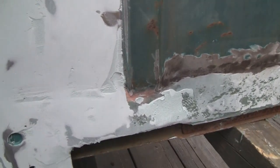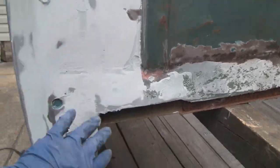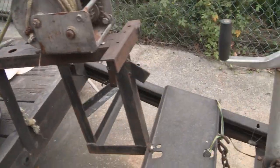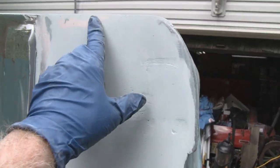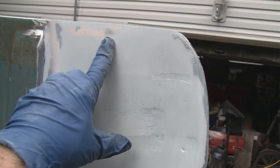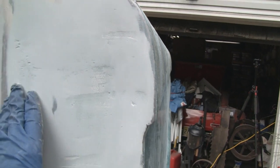So I got that filled in nice and smooth, but there are a couple of low spots, so I'm going to fill in the low spots, and then it should be fine. Let's go over here. Come on, watch your step. Same with this side. Remember, that's as far down as I can go. You can just barely see where that metal thing was. I ground that down as much as I could, but